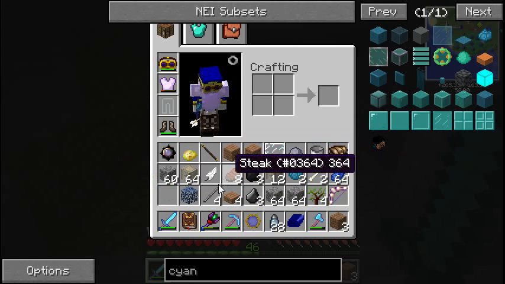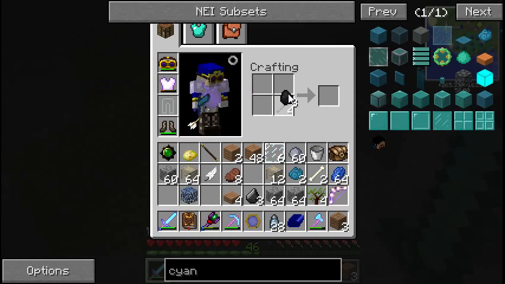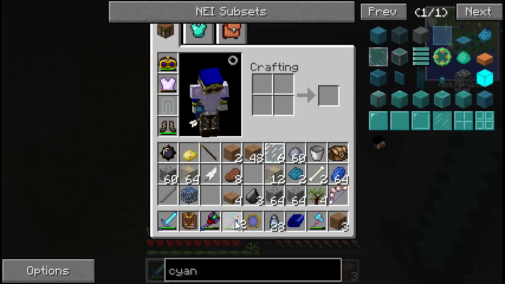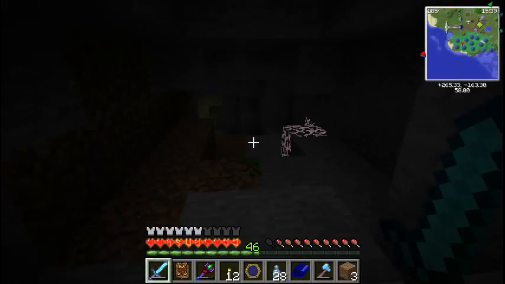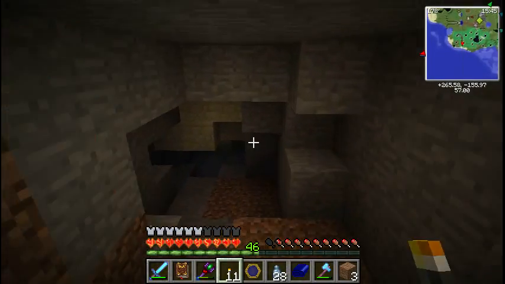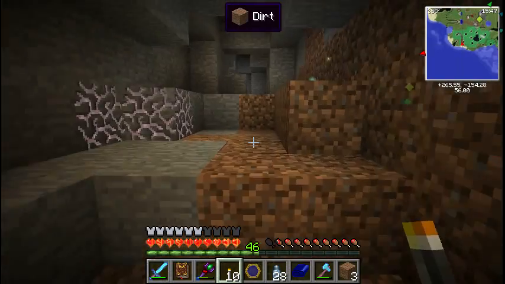You out of my inventory. Let's make a torch supply. Let's take a quick peek at this. Not much to